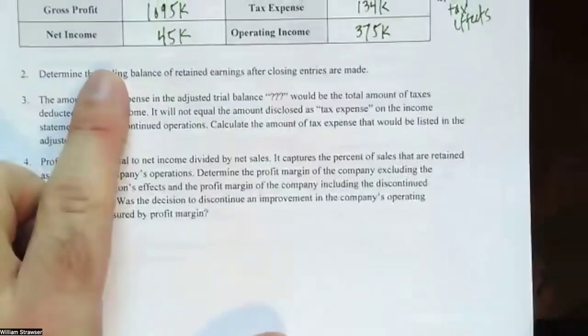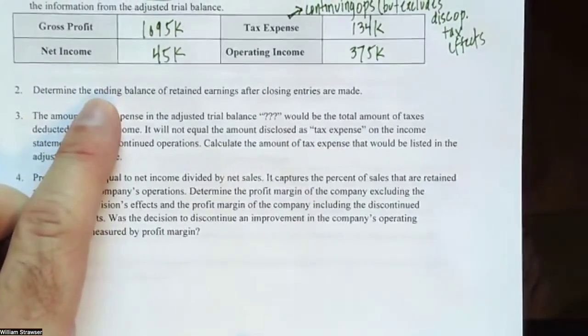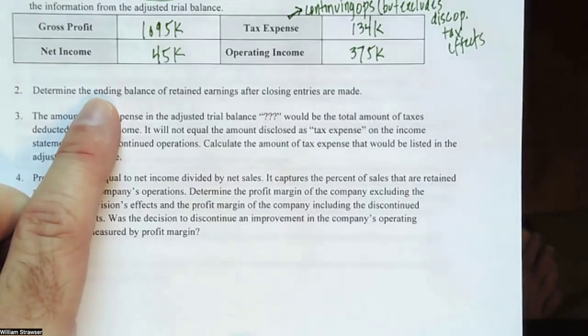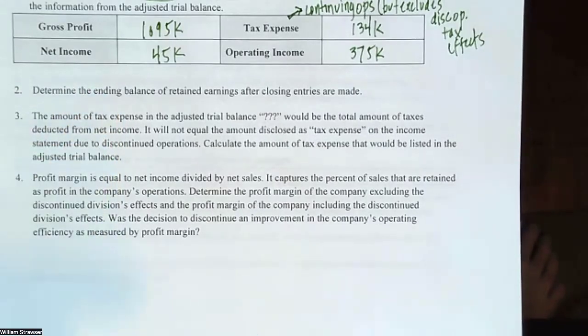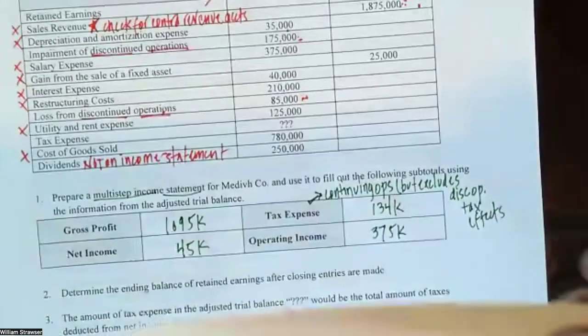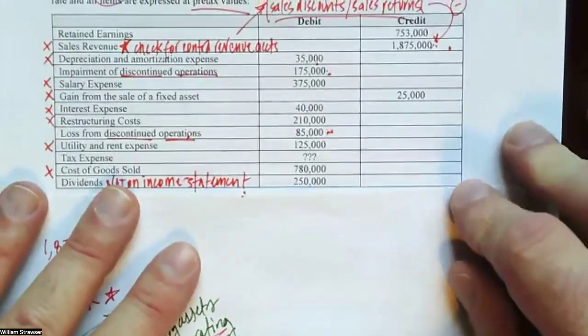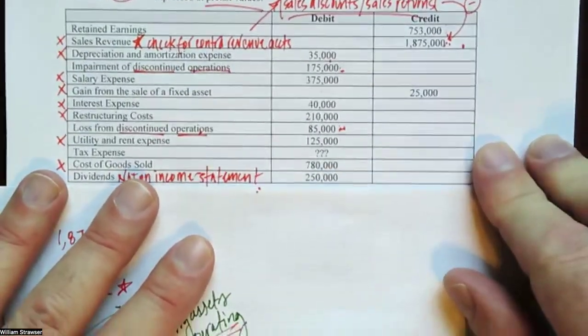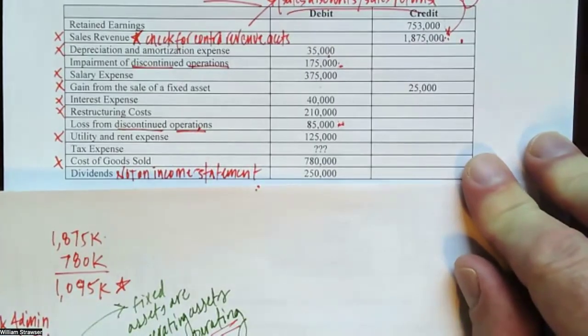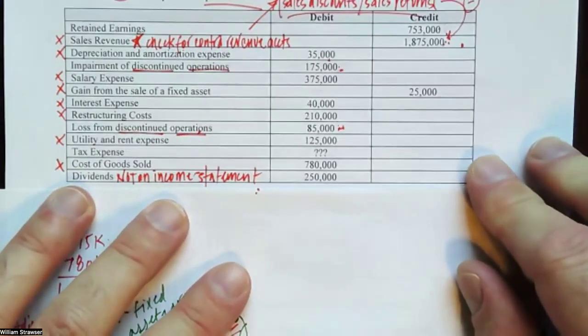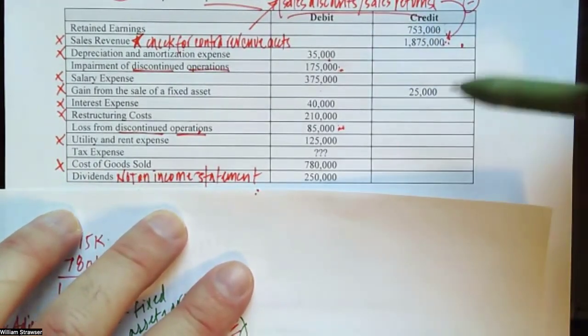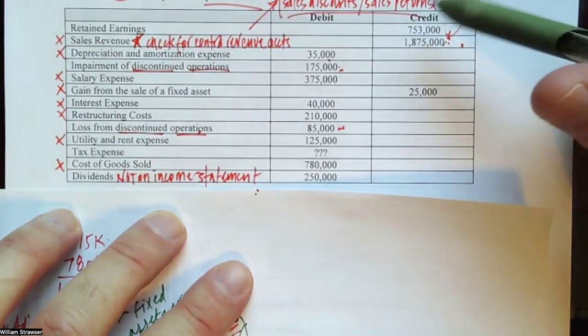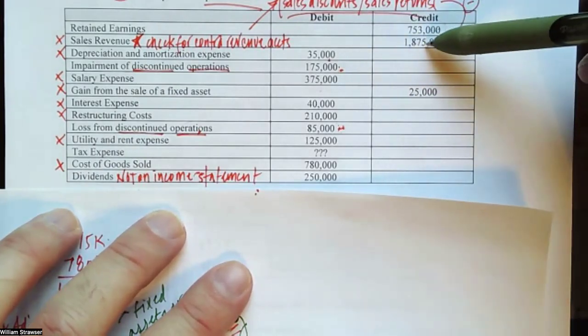The next asks us to determine the ending balance of retained earnings after closing entries are made. So you don't have to do all the closing entries here. I didn't ask for closing entries. I just asked for what the retained earnings balance would be after they're done. And if you can do it kind of just understanding the process, remember, we're going to close all of these